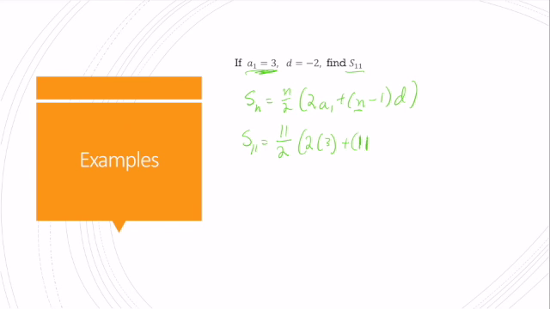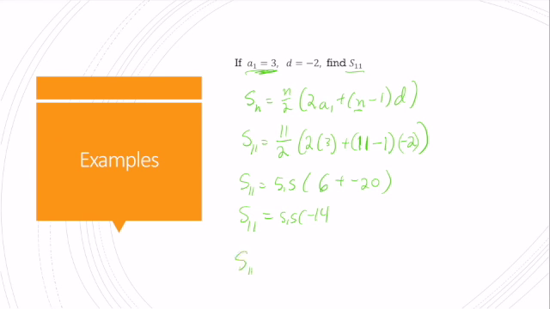Our n in this example is 11, minus 1 times our difference of negative 2. That gives me 5.5 times 6 plus negative 20, PEMDAS, right? We're multiplying that together. That gives me s sub 11 equals 5.5 times negative 14,